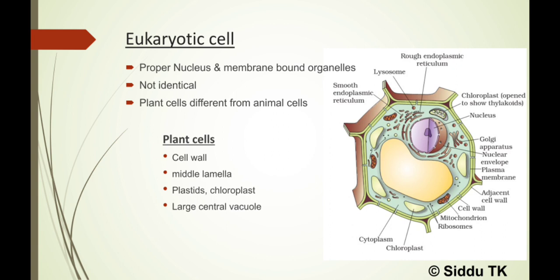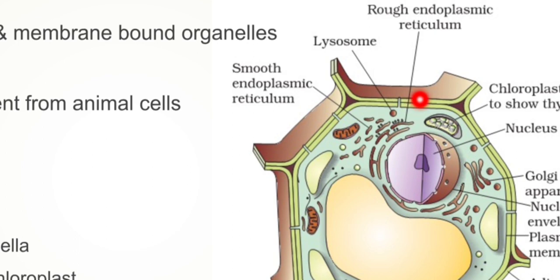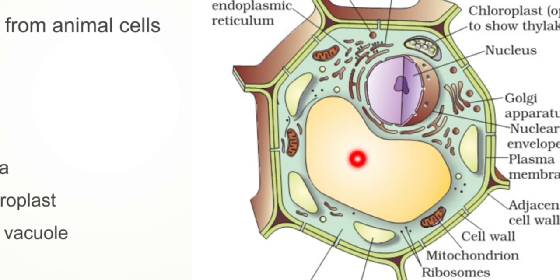This is the ultrastructure of a eukaryotic cell. Eukaryotic cells are the cells with a proper nucleus and the DNA is bound by a nuclear membrane, and these cells have membrane-bound cell organelles. As we can see here, this is the example of a plant cell. The plant cells have cell wall and cell membrane. Inside the cell membrane, a semi-fluid matrix called cytoplasm is present. And you can see a large central vacuole is present in the plant cell. This central vacuole is filled with fluid material.